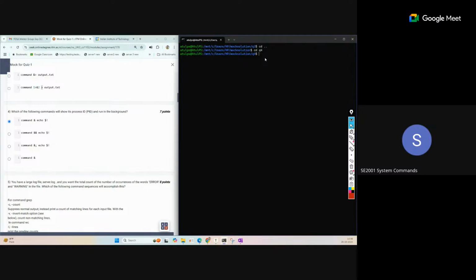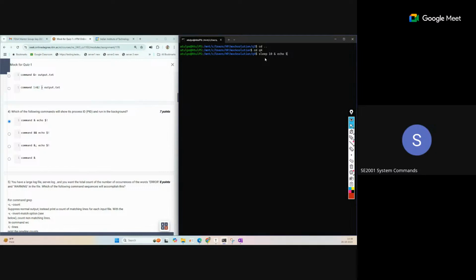So let's check with the sleep command. Sleep 10, and this is the command, and we are taking this ampersand sign here. Now we are writing echo, and this is just an indication to print the